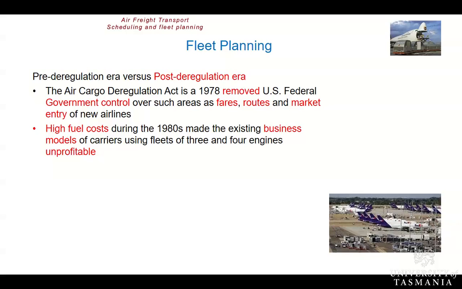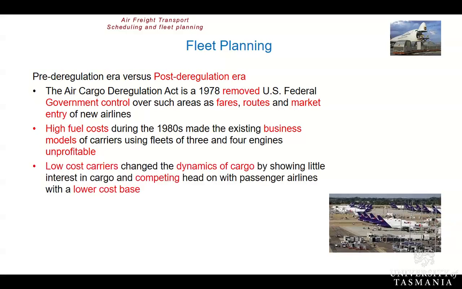Now, over time, the main emphasis for the airlines was on getting a new aircraft. It wasn't so much on productivity in other areas of the business. There were too many issues with fuel costs. However, a lot of those businesses were running 3 and 4 engines, and they became unprofitable when you added in those increased fuel inputs. Also, because it became open in terms of new business models, you had low-cost carriers coming